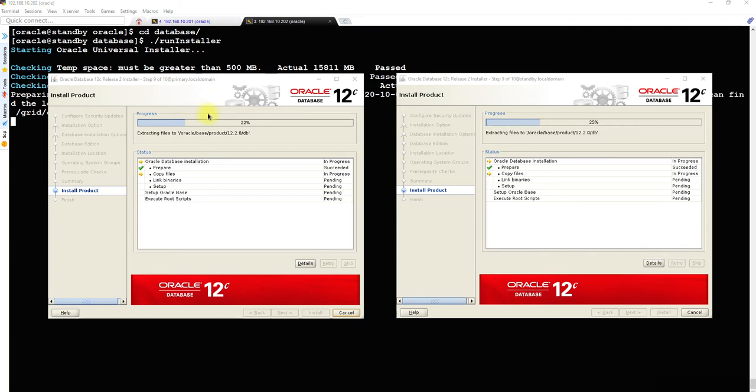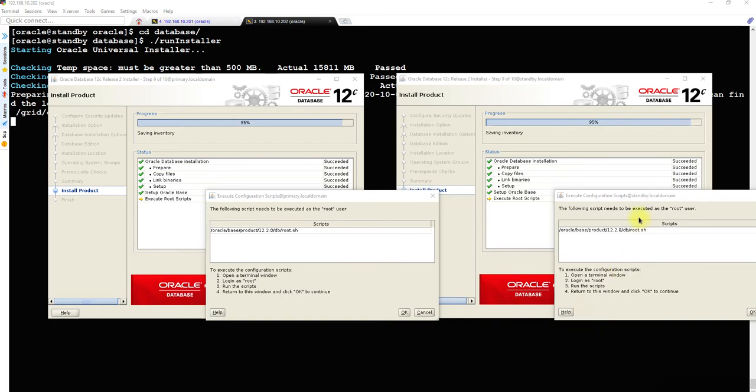I will show you what I mean by this. When you see this part, execute root scripts, both of them will have a separate root script to run. It will ask you to run using the root account. So log in using the root account to that server, in 201 and 202, and run whatever script you are asked to run.